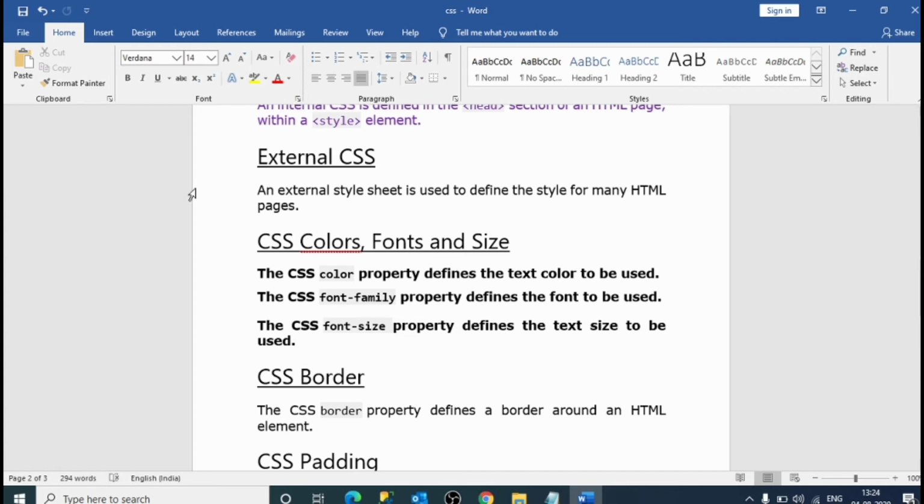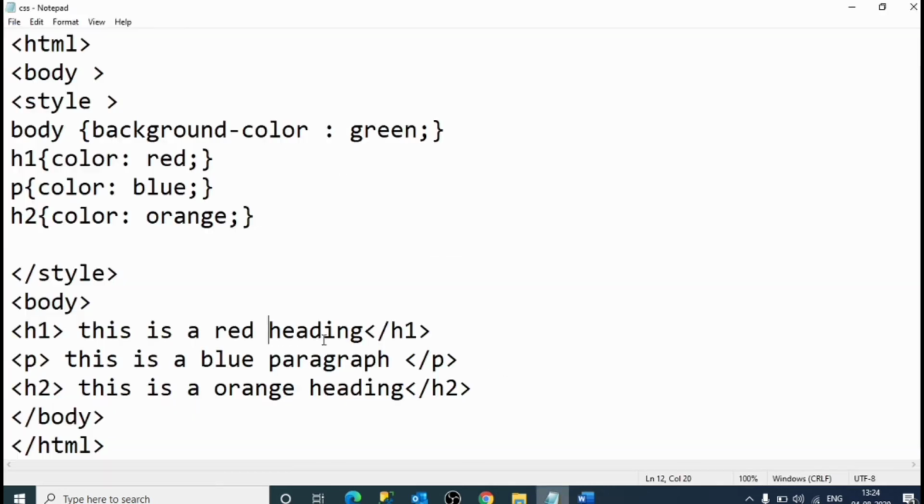Now we'll write a program for external CSS.